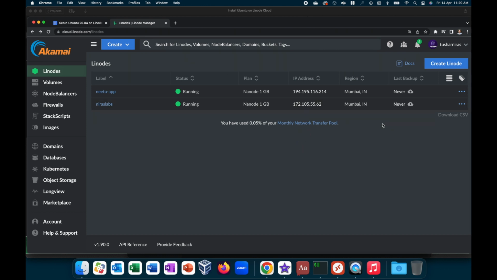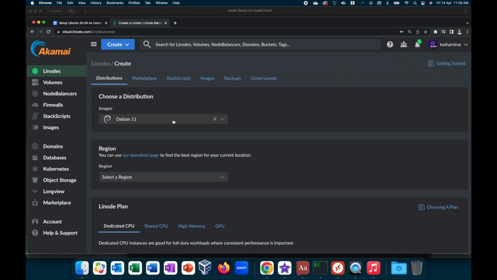Once you log into the Linode console, you will see this dashboard. Here you can see a few instances. When you set up a compute machine in AWS, it's called an EC2 instance. And when you use the Google Cloud console, it's called a virtual machine. Here in Linode, they're called Linodes. So when you are trying to set up a machine, that means you need to create a Linode. Very simple, right? You can start by clicking the Create Linode button on the dashboard, located on the right side of